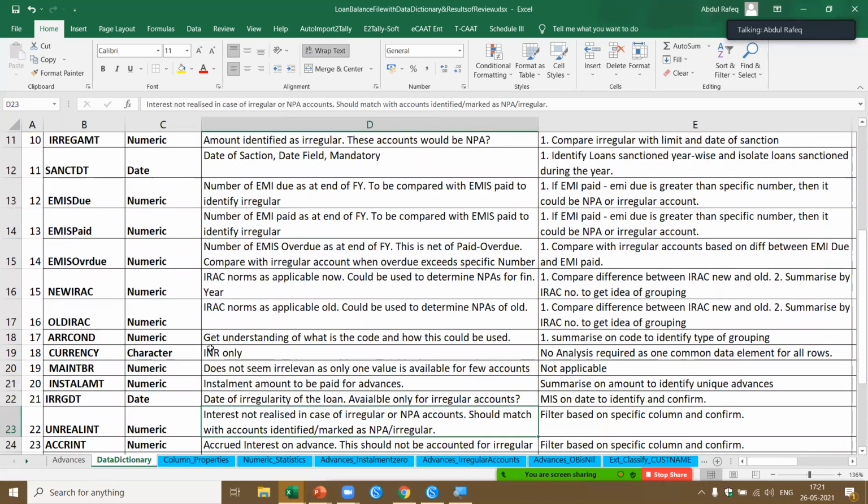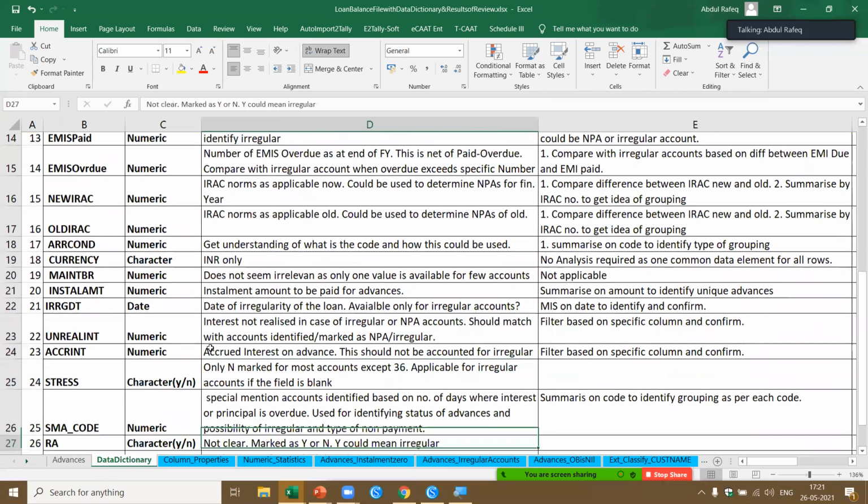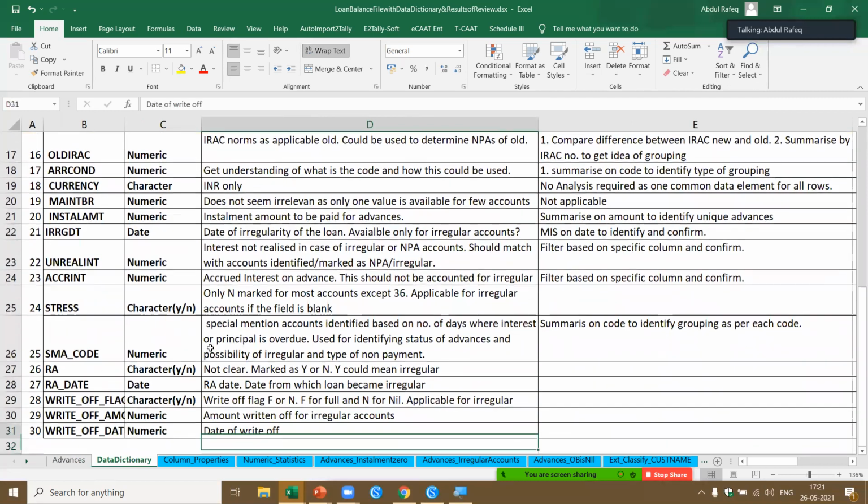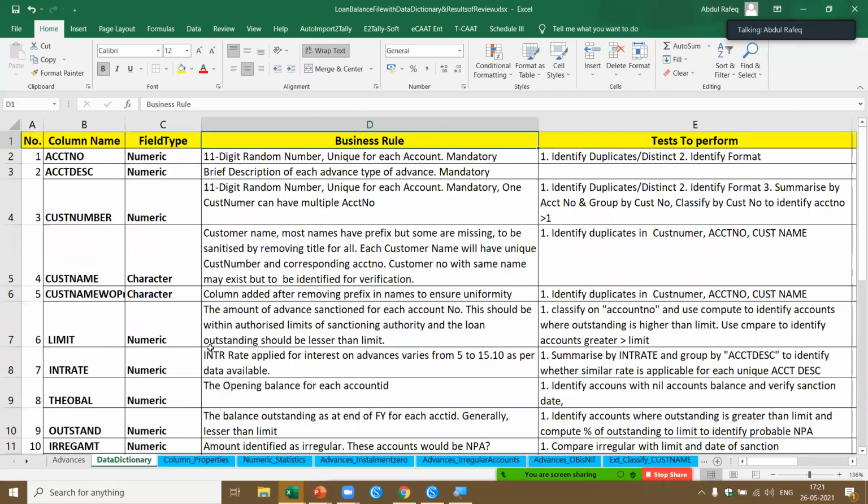Okay. So what I'm going to do is pick up some example case studies, let's say procurement or payroll, and then we'll see how we can apply this rule dynamically for each of these fields. You should be able to walk through with me and understand how you read that particular file, understand the business rules, identify which tests to perform, and we'll perform the tests. In this case, for example, for this loan balance file, I did this recording last month. I think you can have a look at it. I'll not go into the details. I'll just give you a quick perspective.